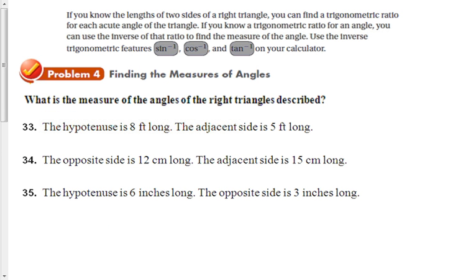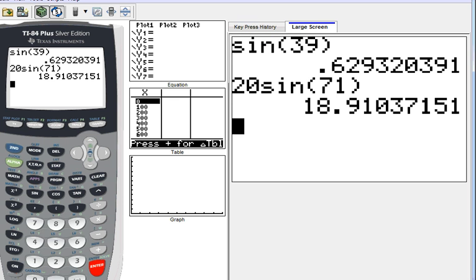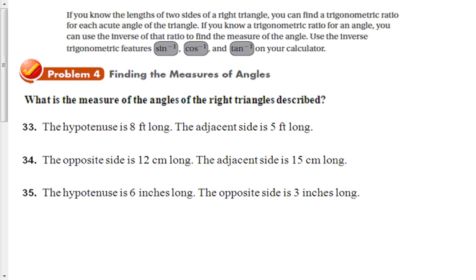All right. If you know the legs of two sides of a right triangle, you can use the trigonometric ratios to find the measure of the angle by doing the inverse trigonometric function. You'll find those on your calculator by just pressing second and then whichever one you want, like sine. So that's the sine inverse. That'll turn a ratio into an angle for you. And just to show you how that works here,